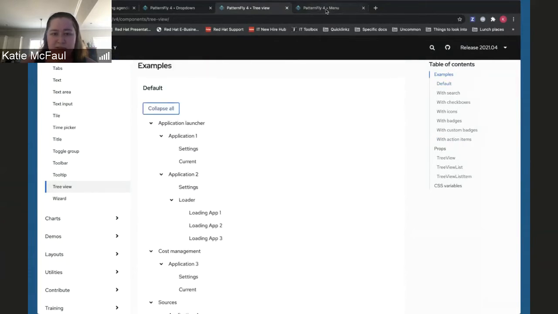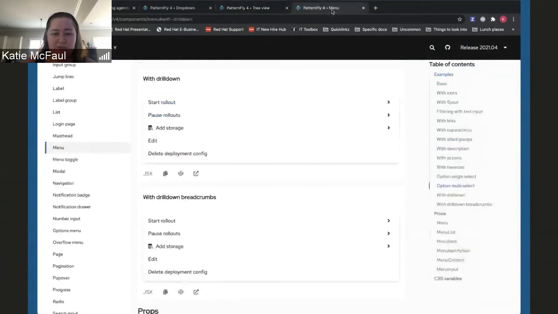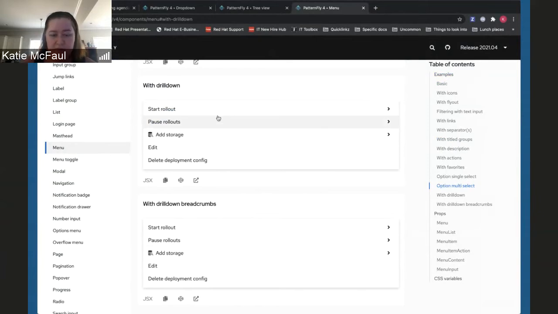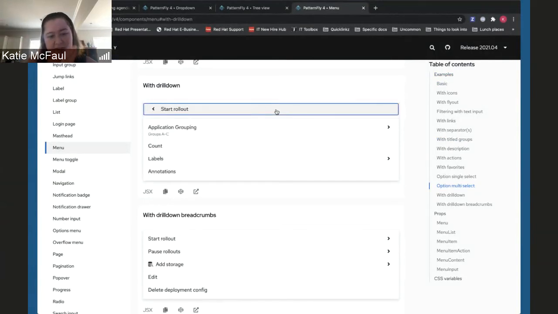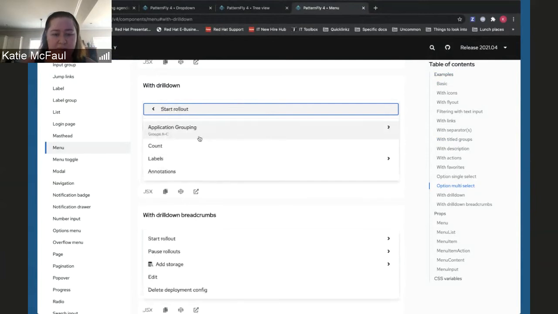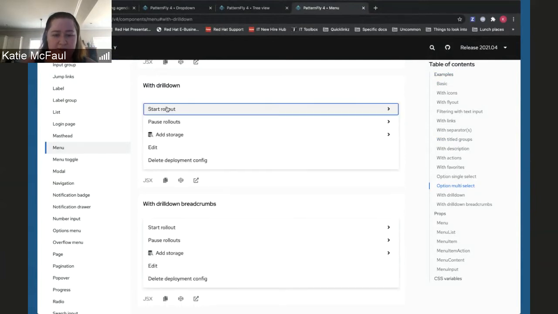Last up for me is where the badge toggle is now being used as well. It's a new variant for our menu with drill down. So you can see there are 2 demos we have for drill down. First is a basic demo, and the second will use the breadcrumbs. The first demo, you can see that the folders have an icon to show they can expand. And when you click on one, it'll slide everything to the left and expand to the submenu. This can go any amount of depth. And if you click the header, it'll take you back out 1 level, all the way back down to root.